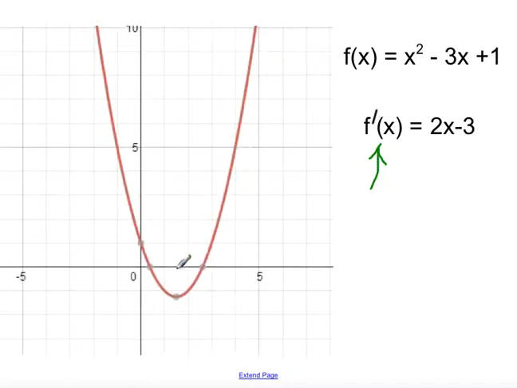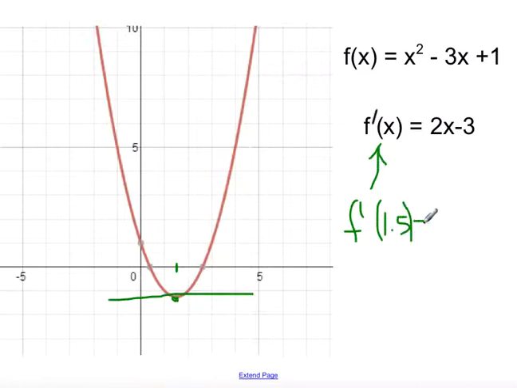So I'm going to plug in, let's do this kind of obvious one. What would the slope be of this tangent line right here? It's either 0 or undefined. It happens to be 0. So the x value is actually 1.5. So if I plug in 1.5 into the derivative,